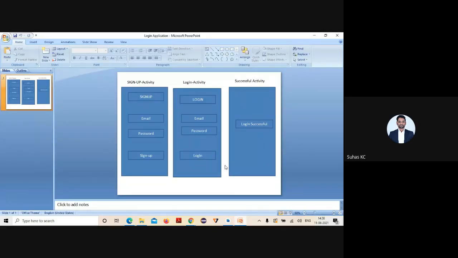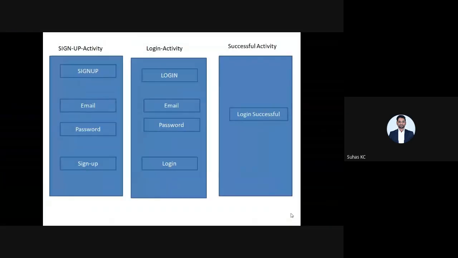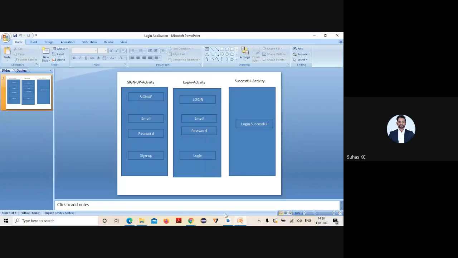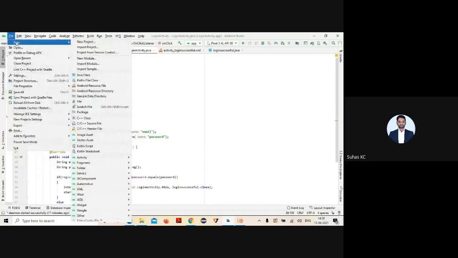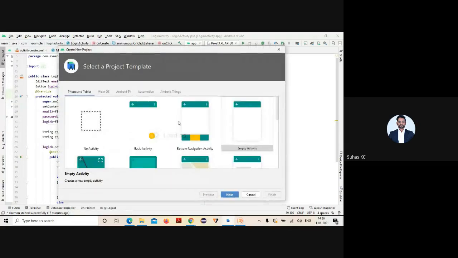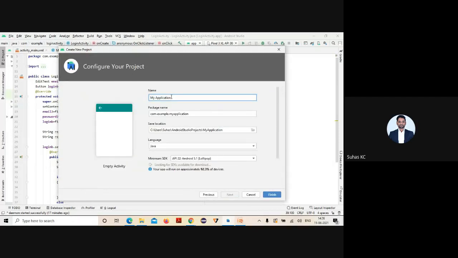Hope you can see the screen, right? So here, in your last two programs you have created only one activity, right? So here in the same program, before that let me start with this one. First and foremost, go for File, then go for New, then New Project, and there you need to select Empty Project. Let me give it the name program 3, because it takes time to load. All these things let it be like that only. API 22 and above, as already said in your previous classes.